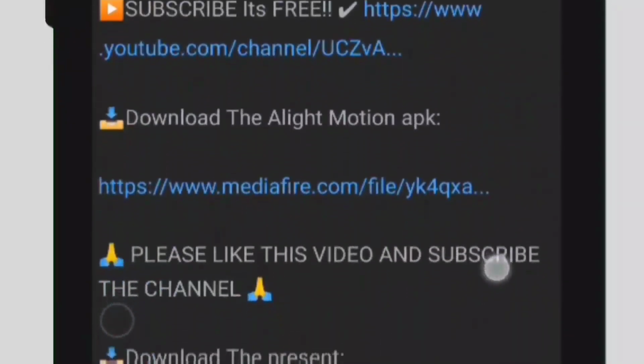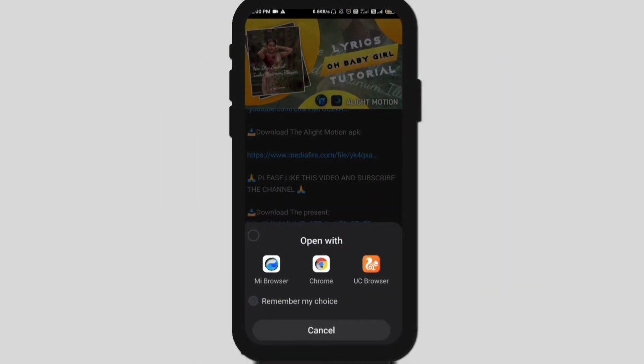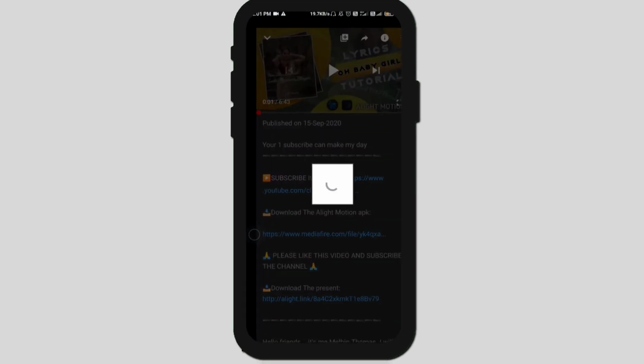Just click the description, scroll down, you will see the Alight Motion preset link. Click on that. Choose Google Chrome. And import to